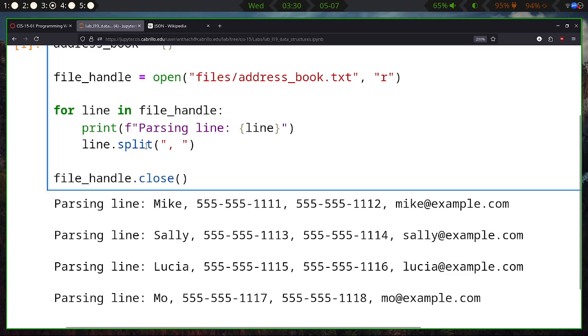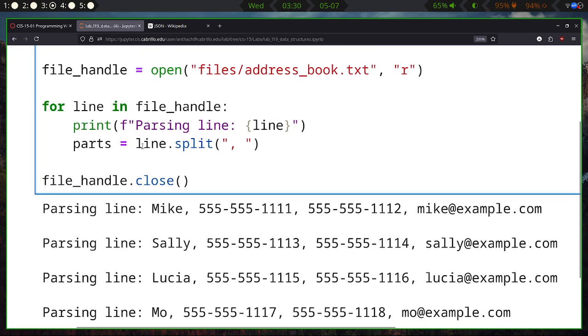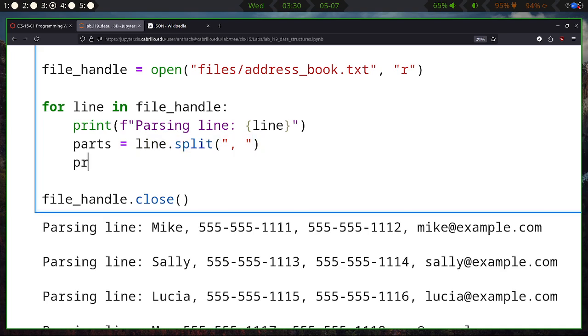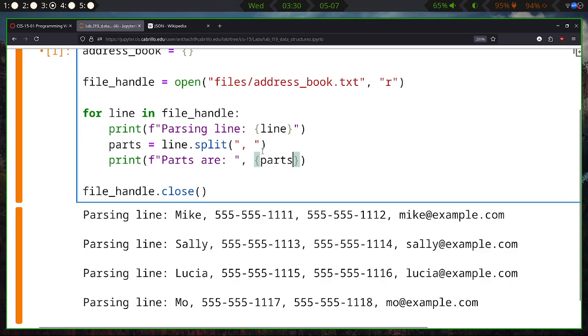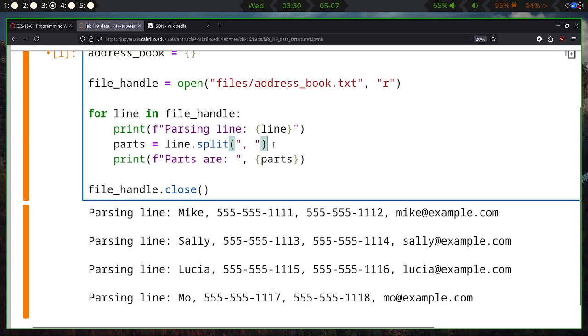So let's see what this does. Let me print it out. This technically returns us some pieces, so I'm going to name it parts. Basically, this will give us a list of strings. Let's visualize it. So I'm going to print parts are, parts. Okay, so let's see what's happening. Print, press play,